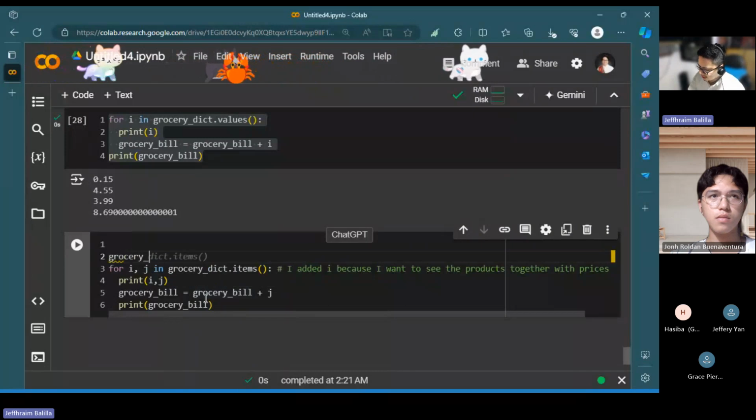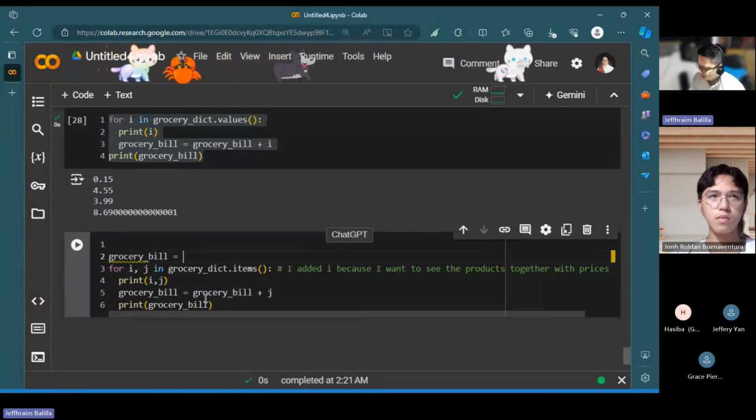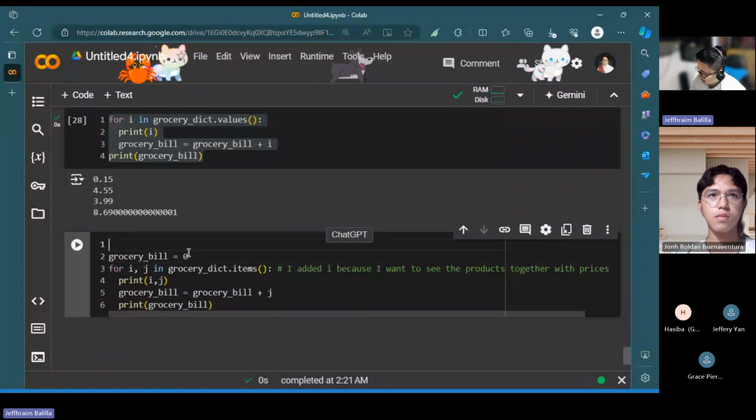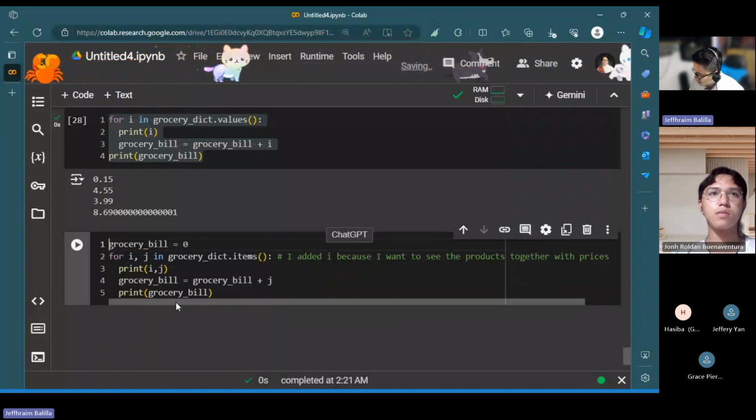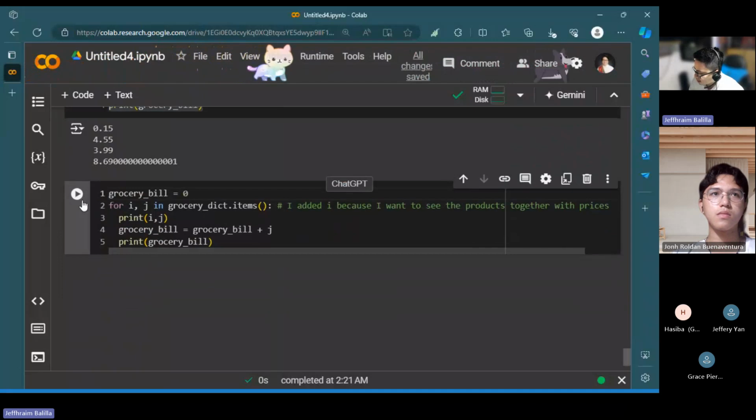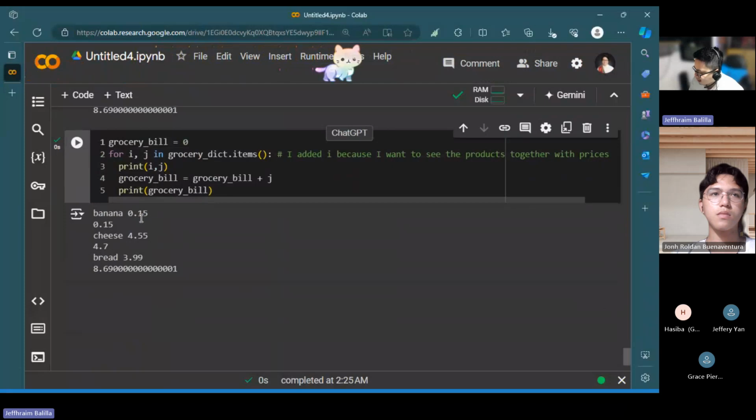Let's just initialize the grocery bill in the same cell so that we don't have to go over and over again. Yeah, let's run this. So banana, $15. So this is the first, and I added it to the value of the cheese.